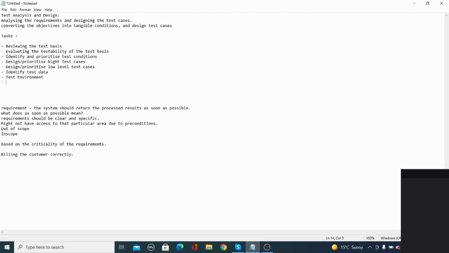What type of database are you going to use? What system are you going to use? What configuration do you need to have in the database? If it is a web based application, then you say what configuration you need to have for the web based application. The versions, browser versions, software versions, they are all test environment. You need to set them up so you can test it.